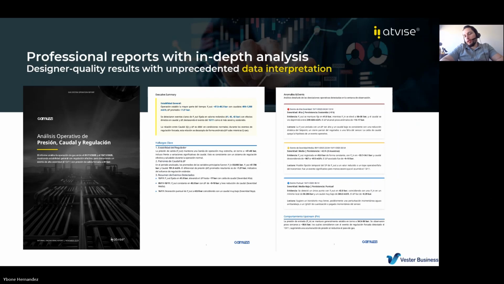The reports don't need to be boring, because typically when you see reports they are PDFs without images that look very boring and are not very dynamic. So we wanted to bring something different, something that's going to stand out. If you are an integrator and you want to stand out, not only with artificial intelligence but also with designer quality PDF reports, this is going to be a great option.